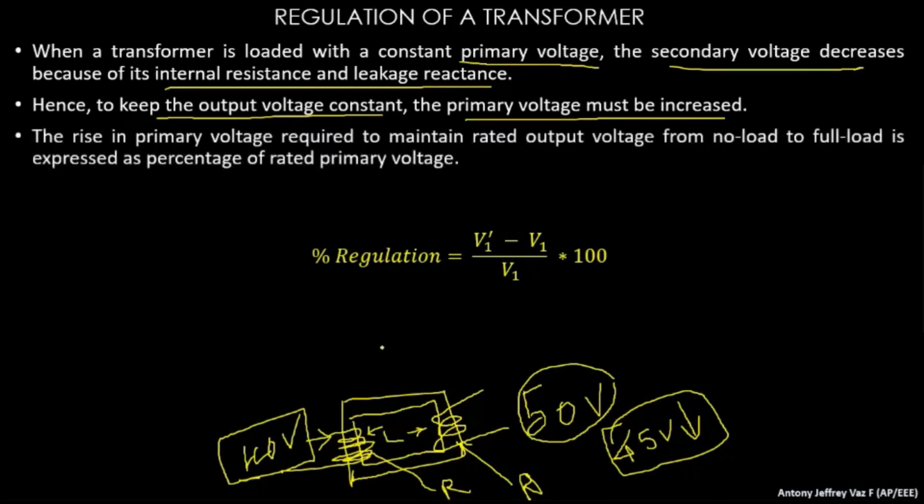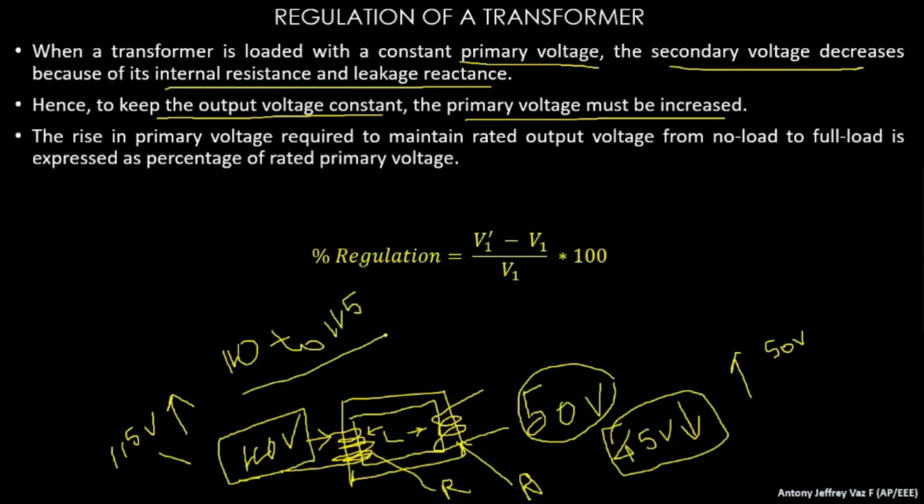To make this voltage again back to 50 volt, you have to give a supply of 115 volt on the primary side of the transformer. So this change in primary voltage from 110 volt to 115 volt is known as the regulation,